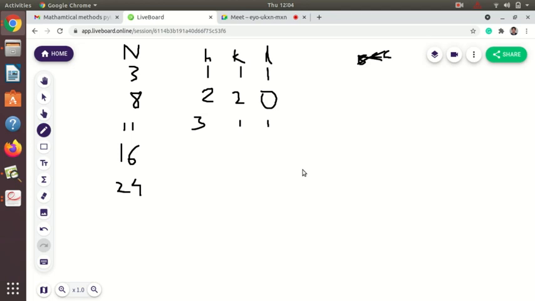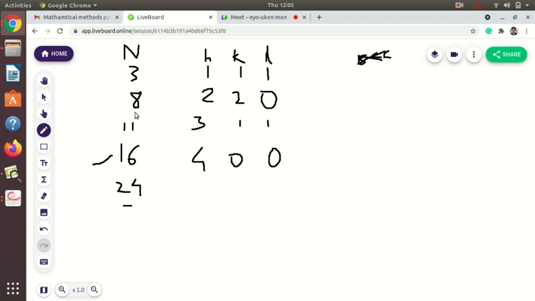3 3 2? No, it will go ahead. 3 plus 9 plus 9 is 18, so 3 3 2 will not come. The HKL values are not only 1, 2, 3, they can go up to infinity. Is this the square of any number? 4 0 0. Yes. Now do this for 24. Whenever you are calculating these HKL values, the trick to find them is to find the nearest smaller square. So for 3 it is only 1 1 1. The nearest is 4, but it is greater, right?